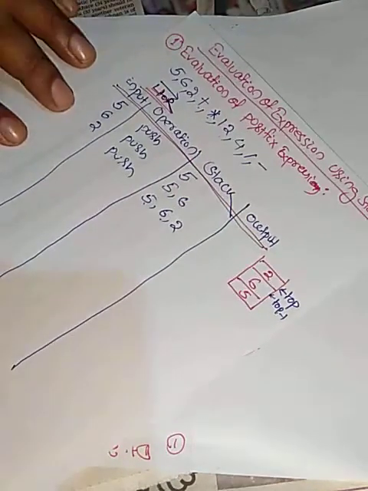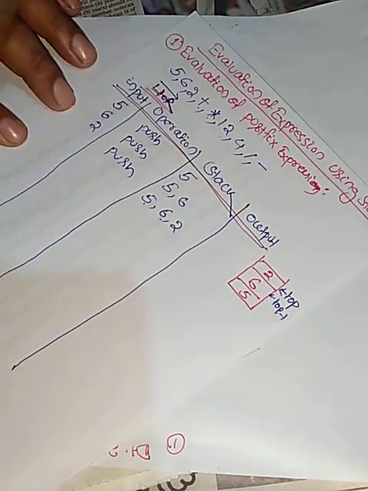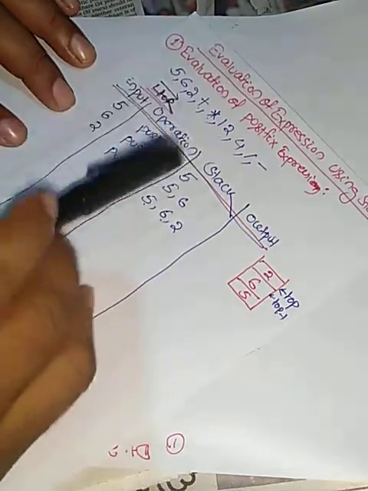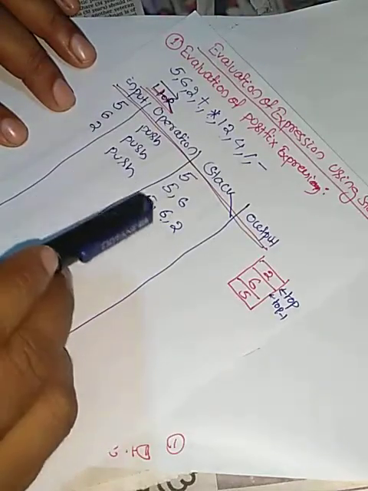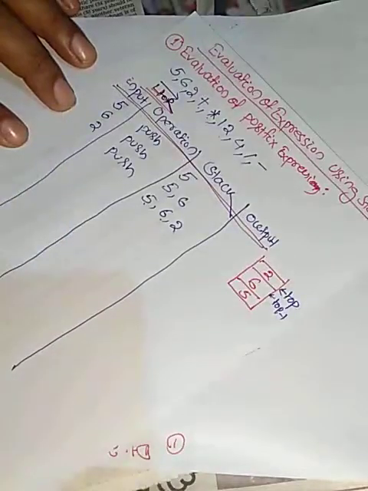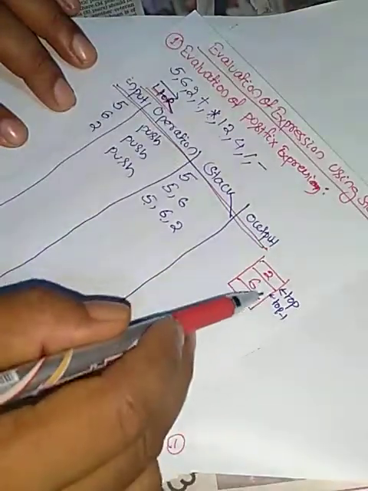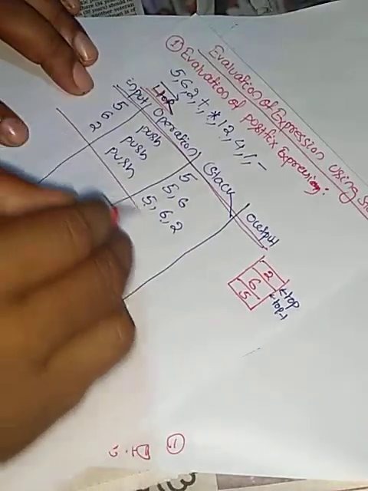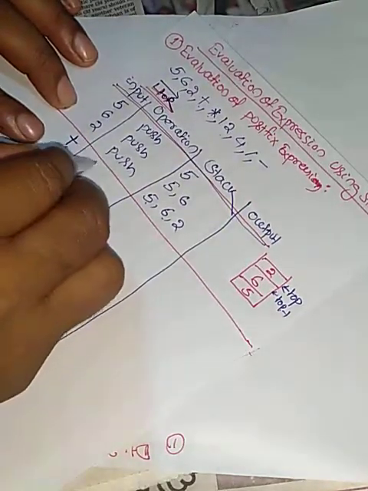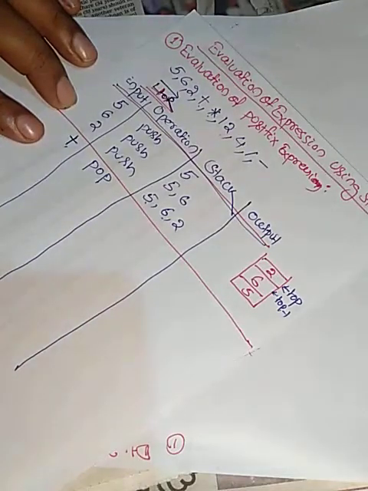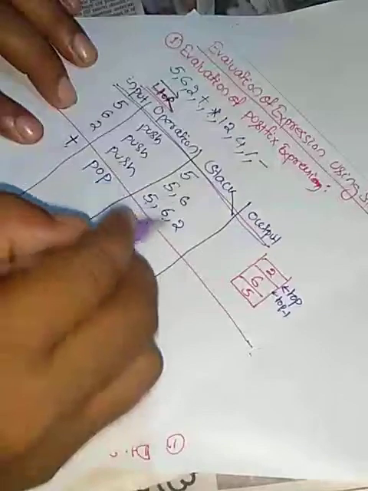At this point all the operands that we find, we push onto the stack. Whenever we encounter an operator, we'll pop the top 2 elements, evaluate, and put the result back on the stack. So now we encounter the symbol plus. If an operator is encountered, we'll pop 2 elements and perform the operation: the top 2 elements, top and top minus 1, will be removed.